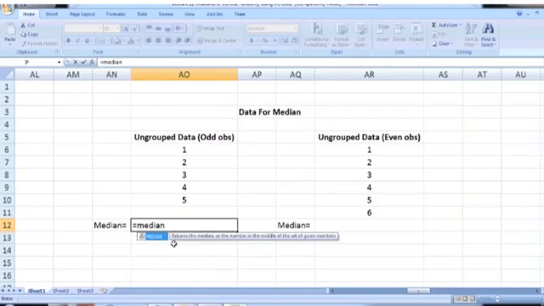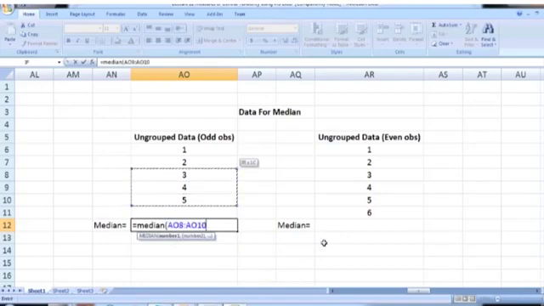The Excel tooltip says that this command returns the median, or the number in the middle of the set of given numbers, meaning the middle number in the sorted data. Next select the data range, AO6 to AO10. Press enter and you will get the median, and the answer should be 3.